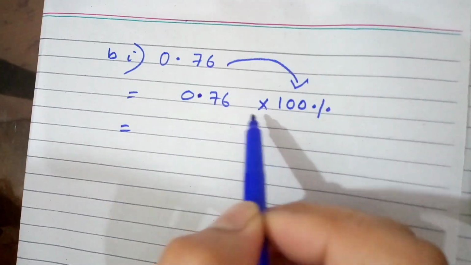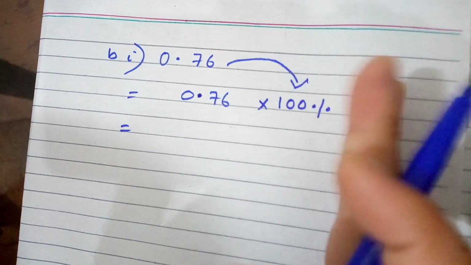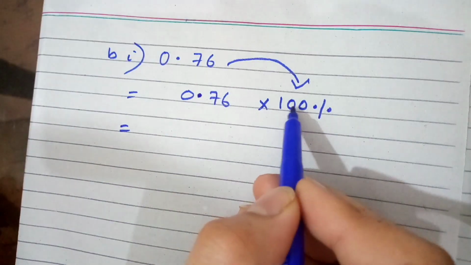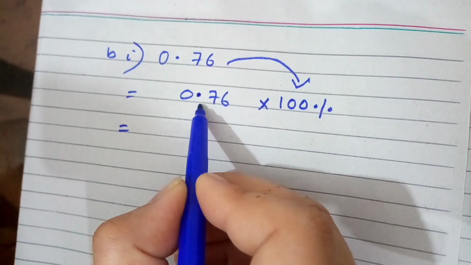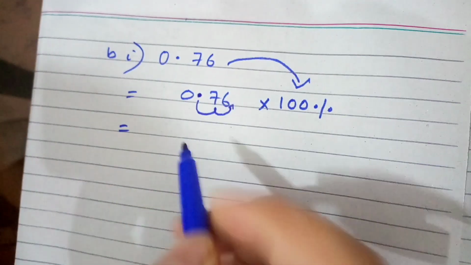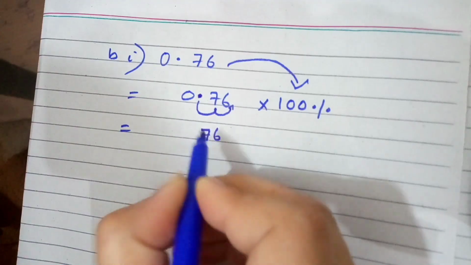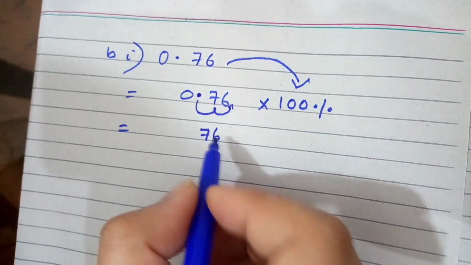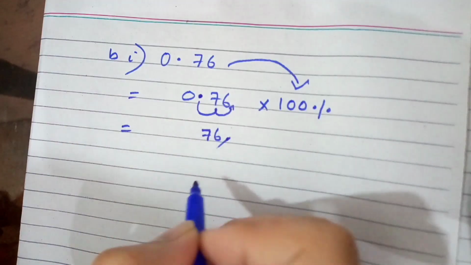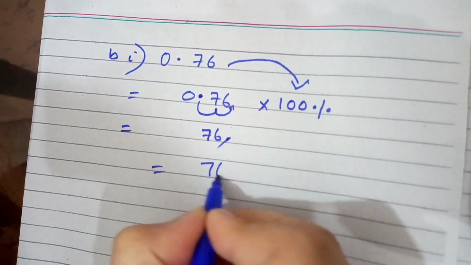Now 100 is multiplied, so we shift the point towards the right side. So we have 2 zeros, 1, 2, so this point will be shifted after 2 digits. 1, 2. Here 7, 6, there is no need to write 0 at the start. 7, 6 point. The point is at the end, so there is no need to write the point here, so we have 76